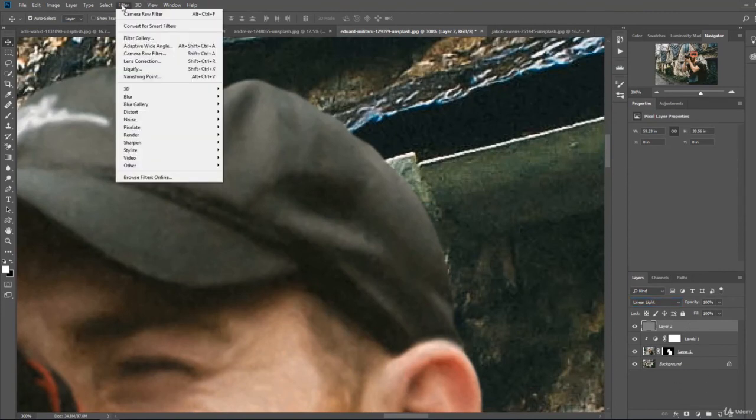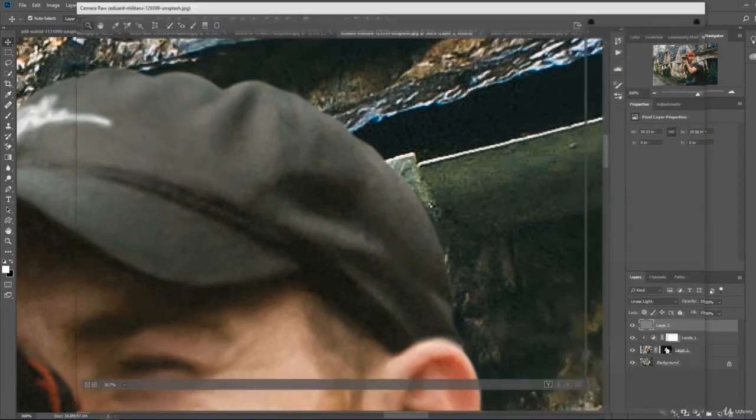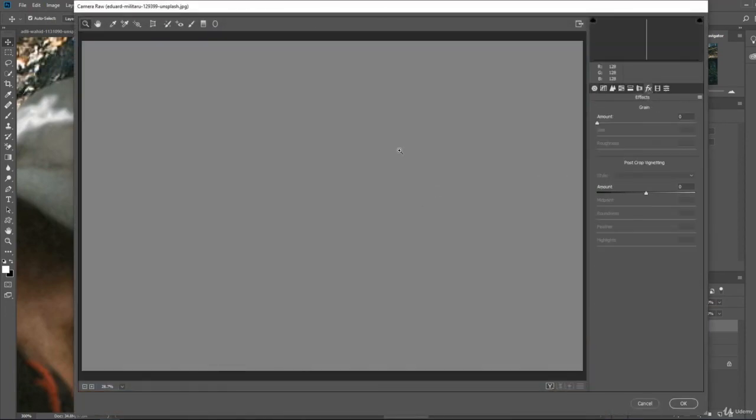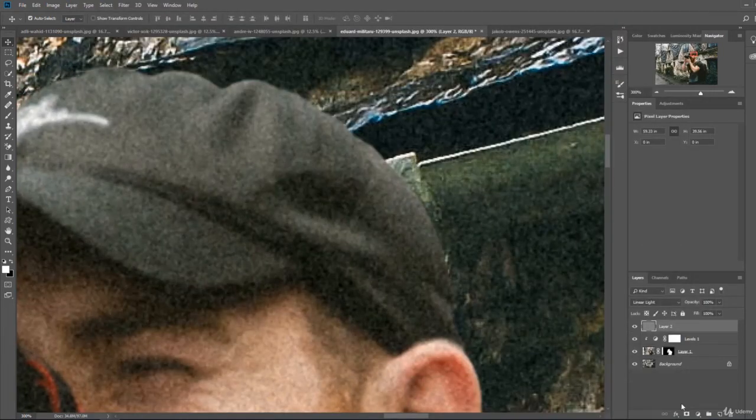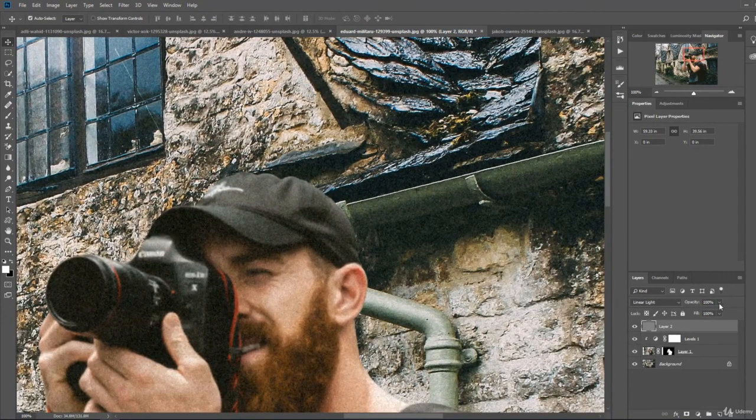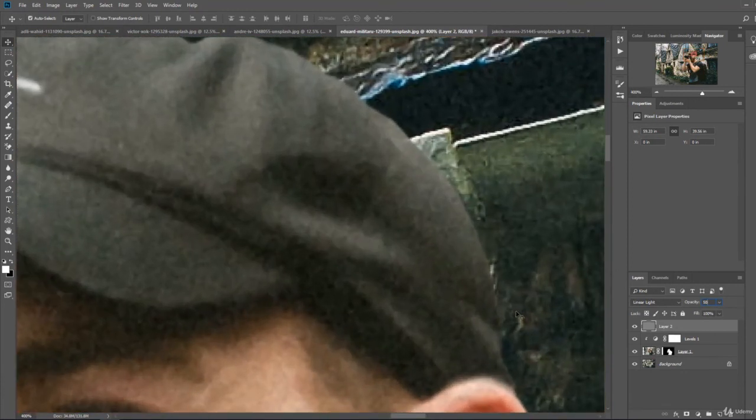and now go to Filter, Camera Raw, and I will do this blindly. I'll just increase the grain like this. You see, you can see the grain, and now we have some grain on top of this image. I can reduce the grain, maybe, okay, let it be 50%, and now you can see that the grain on this head is similar with